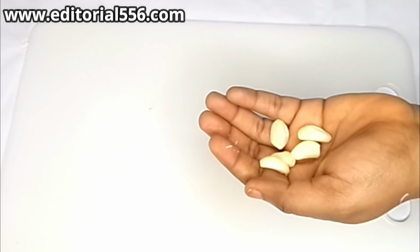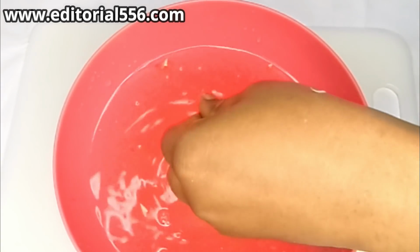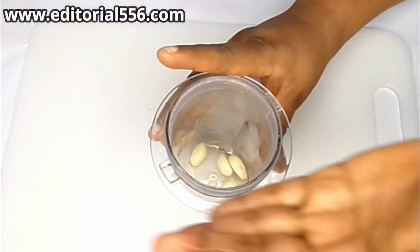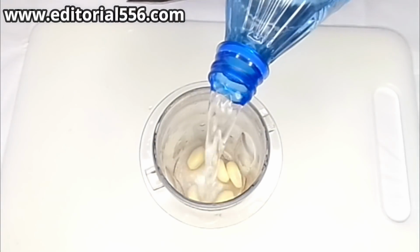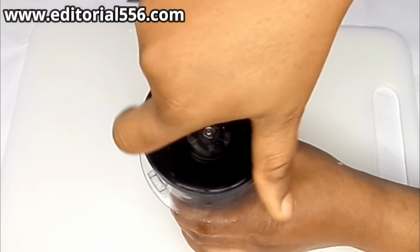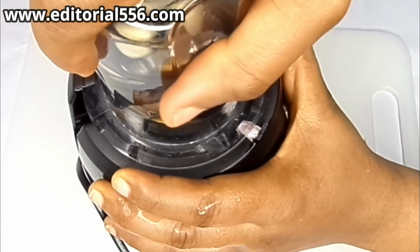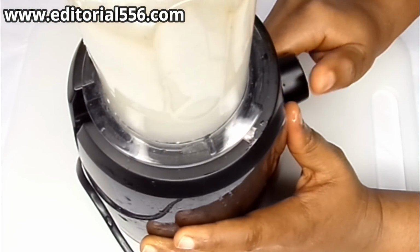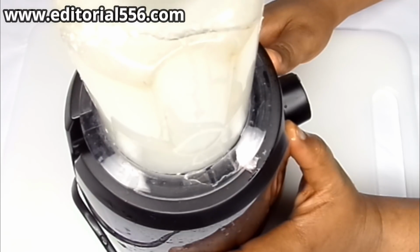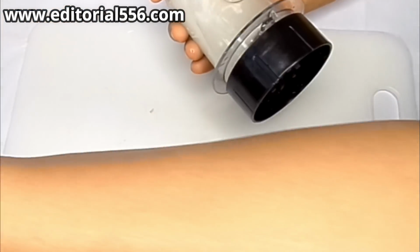Okay, so here I have my garlic, and now what you're gonna do is that you're gonna be sanitizing this. So I'm literally gonna be washing this off. And then turning that into a blender. Add water. And then what we'll do next is to blend this. After blending for about 20 seconds,